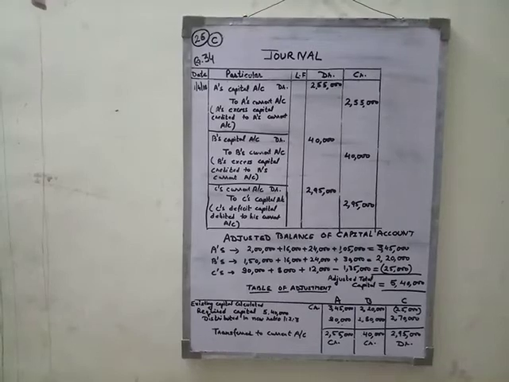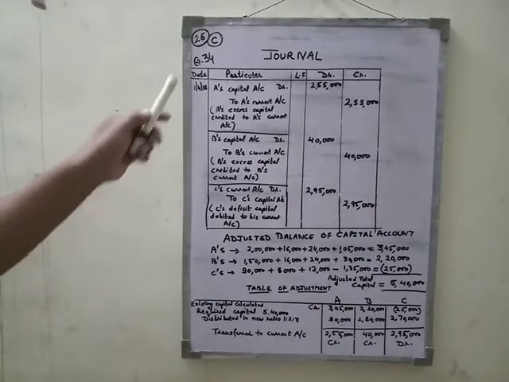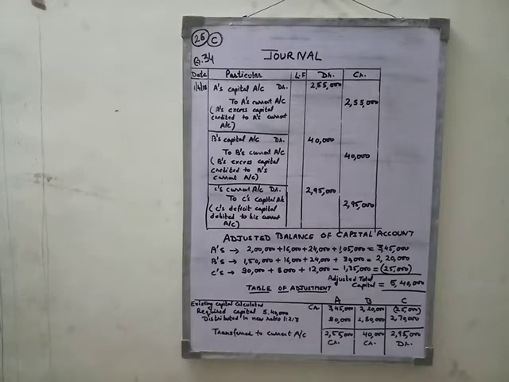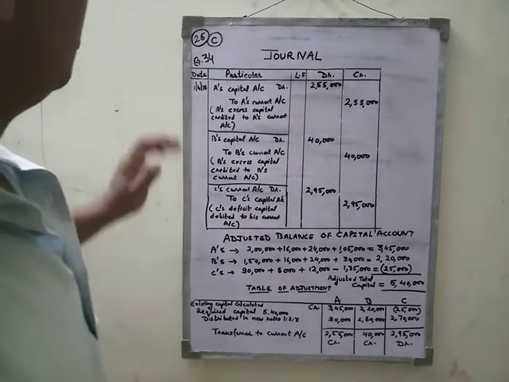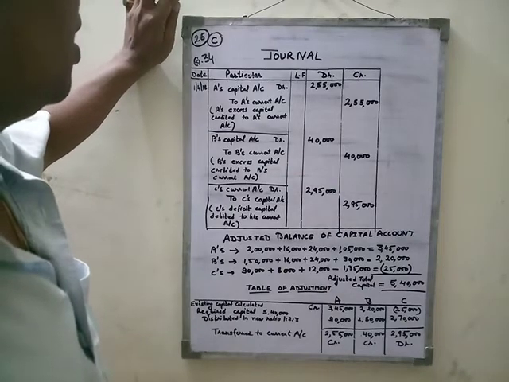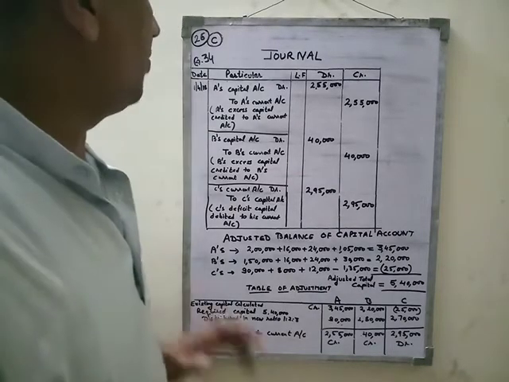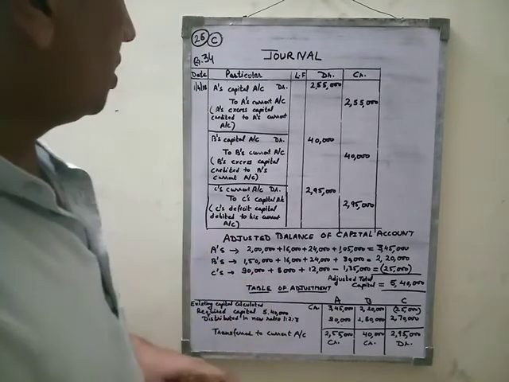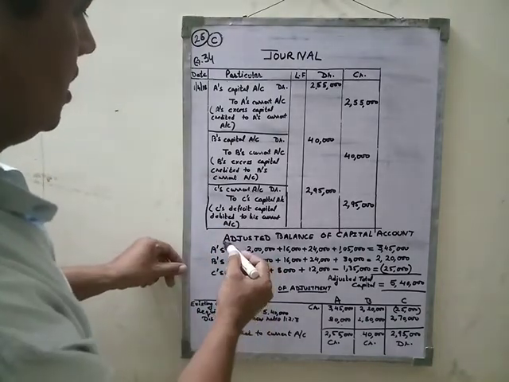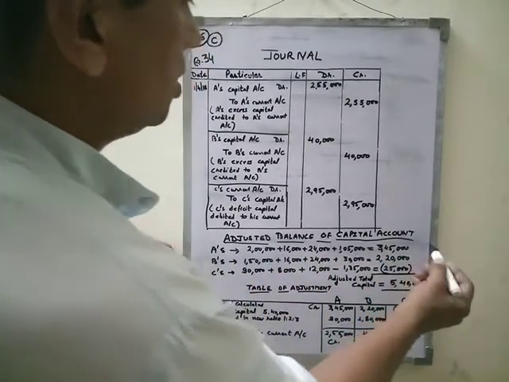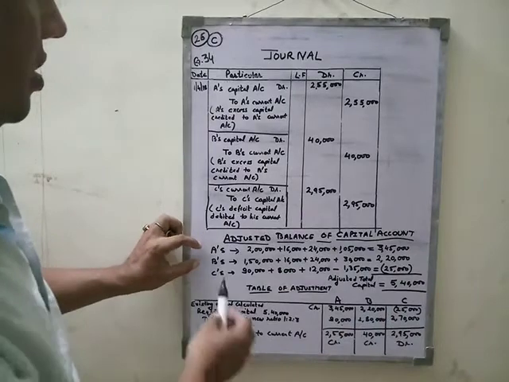This is the third part of question number 34, in which the capital is to be adjusted, while the distribution of goodwill, reserve and revaluation profit and loss was to be adjusted in the second video. So how is this to be adjusted? This is the adjustment balance of the capital account. So how is the capital account adjusted?